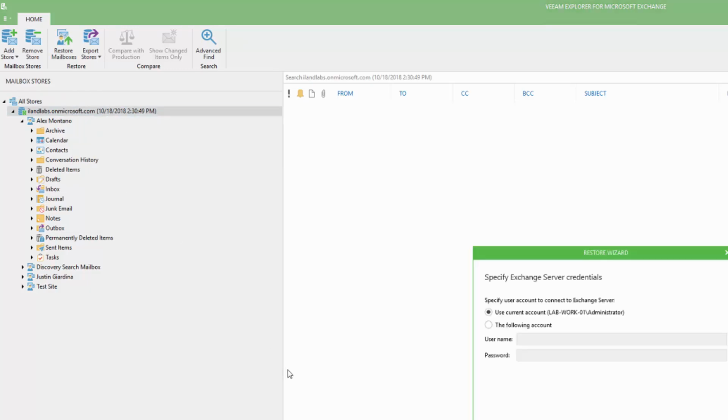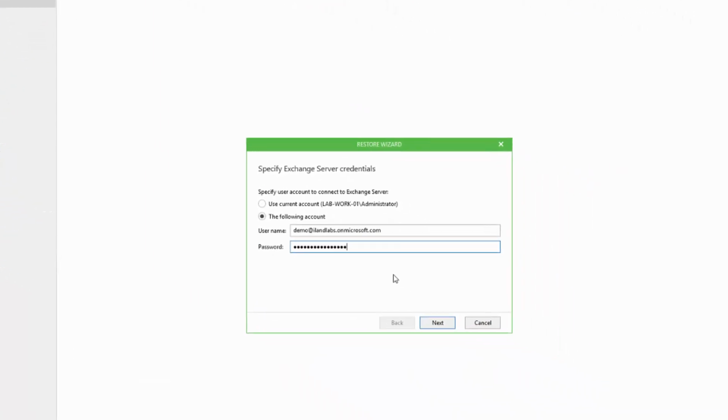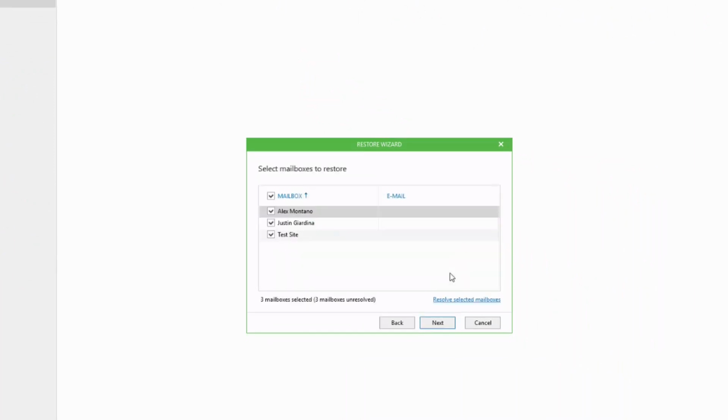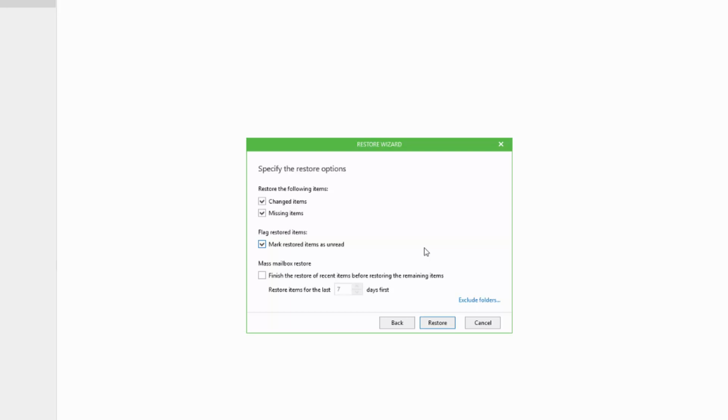click on Restore Mailboxes, enter in the account that has administrative privileges to do so, click Next. And here you'll see a list of all the mailboxes you can restore. You can restore multiples or single ones by selecting them. Click on Next. The Restore wizard has multiple options, including the ability to restore changed items or missing items. Also, you can mark the restored items as unread